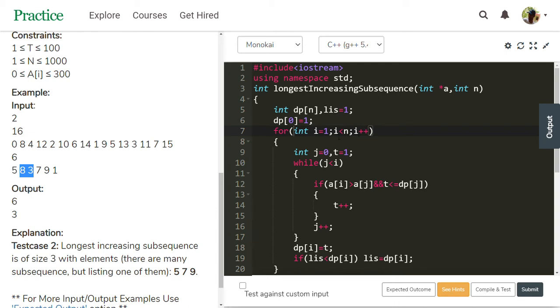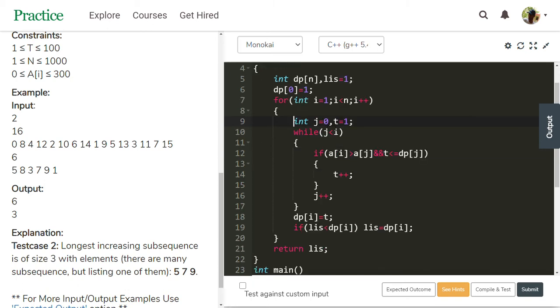So i is 1, less than 3, so true. Then it comes to this block and takes two more variables to travel up to i. For that I am using j, and t is used for the sequence length up to that element. How many lengths are possible up to that element is stored in t.